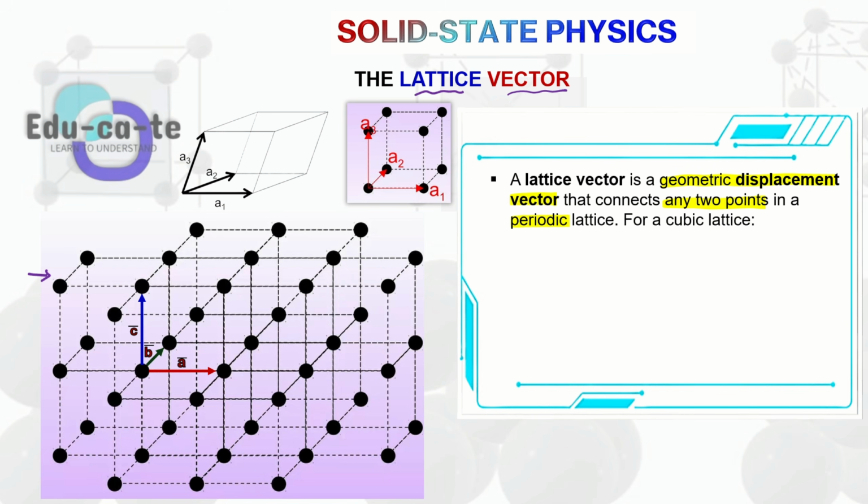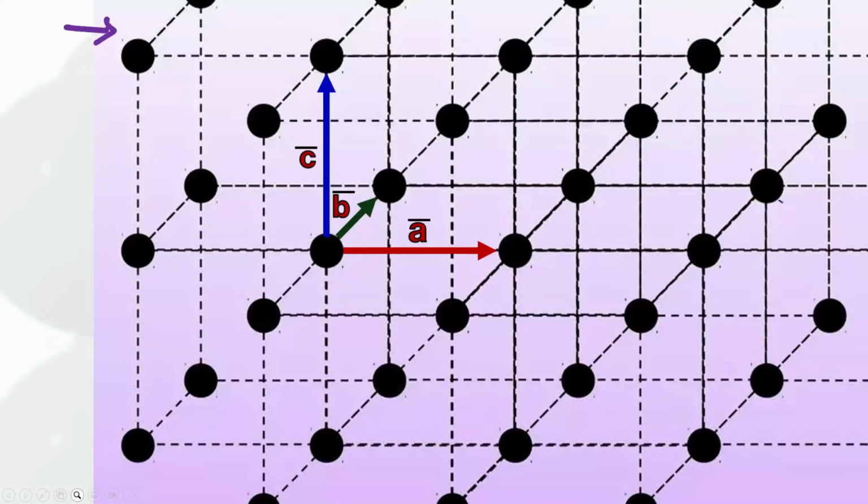For example, when you look at these particular vectors that I've mapped out for you, we've got vector A that is connecting this lattice point here and this other lattice point. So let me just pretend that we don't have any atoms. It's just lattice points. A lattice is just a shape, guys. Once it has got some atoms, we now call it a crystal lattice, okay?